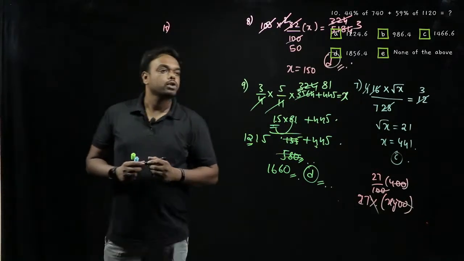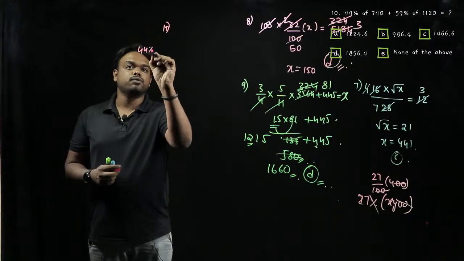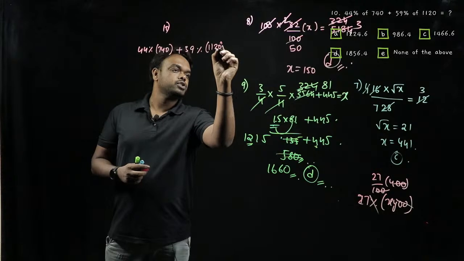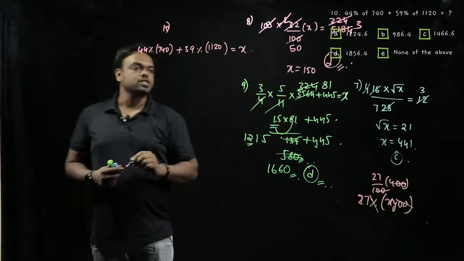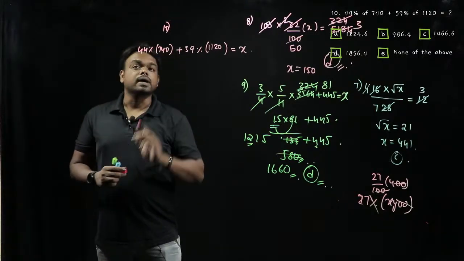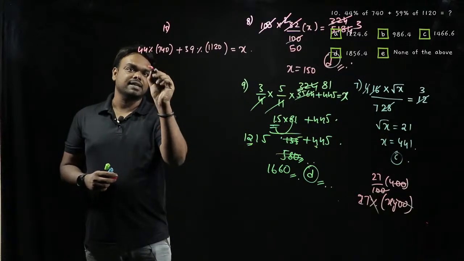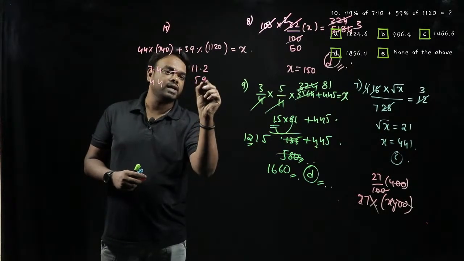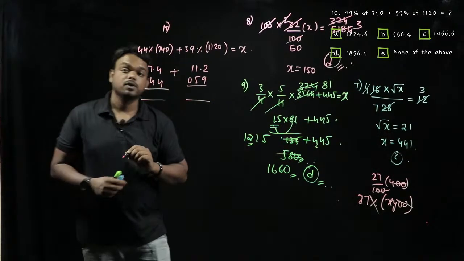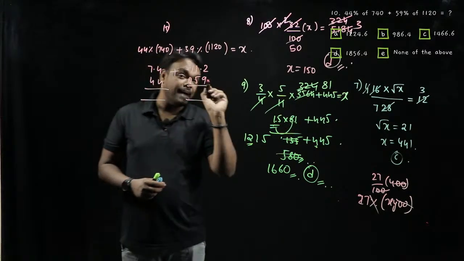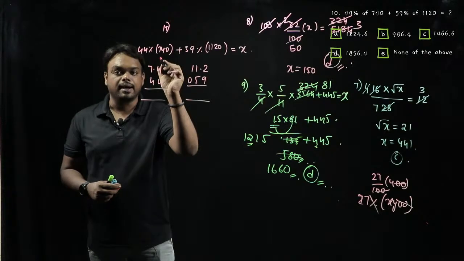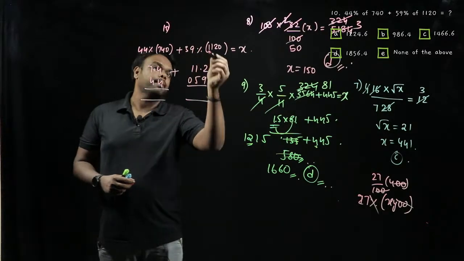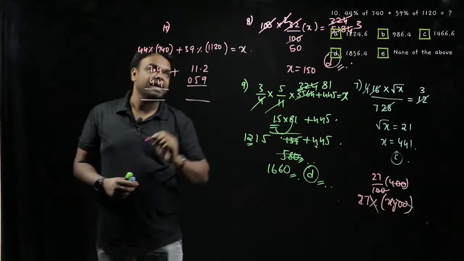44% of 740, ठीक है, 44% of 740 plus 59% of 1120 is equal to x. ऑप्शंस में देखो, डेसिमल्स में है, तो कैलकुलेशन करना ही पड़ता है। तो कैलकुलेशन कैसे करना है? सीधा डायरेक्टली ये बन जाएगा 7.4 into 44 plus और यहाँ पे हो जाएगा 111.2 into ये 59%, इसका मतलब 59। इधर कुछ नहीं है, जीरो मल्टीप्लाई कर दो दोनों को। क्यों? ये है परसेंटेज, इसका मतलब क्या होता है, डिवाइडेड बाय 100। तो एक जीरो कैंसिल हो जाएगा, 74/10 बचेगा, 74/10 क्या होगा, 7.4। तो यहाँ पे भी देखो वही किया मैंने, ये परसेंटेज है, इसका मतलब डिवाइडेड बाय 100, 1120 डिवाइडेड बाय 100 क्या होगा, 11.2।